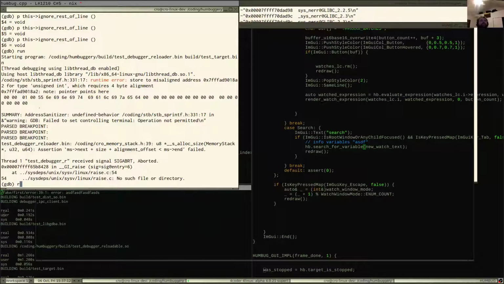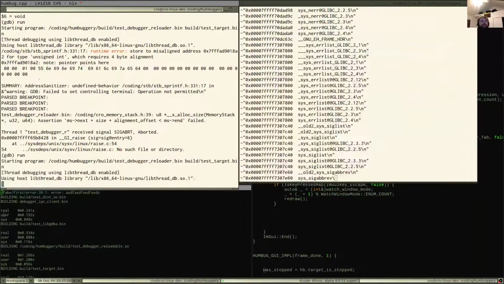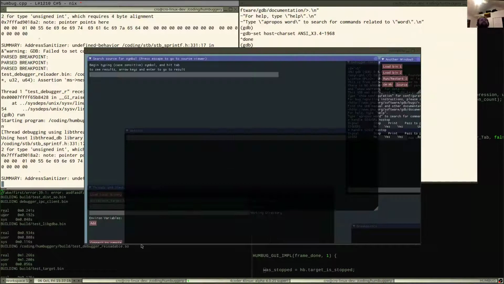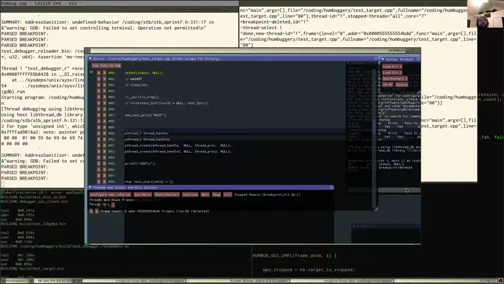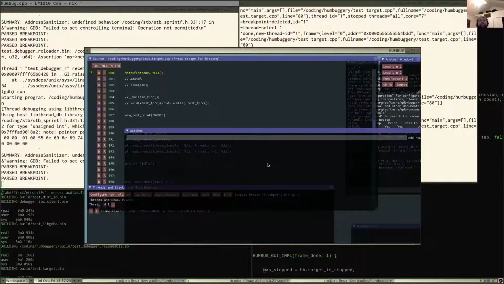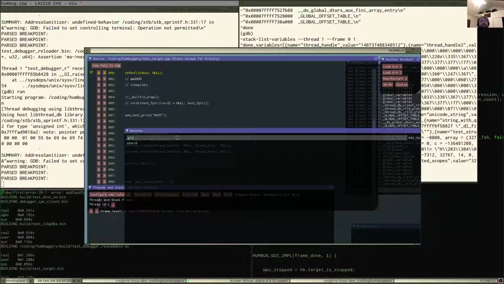So, like, run local binary, start, okay, GLO. GLO.